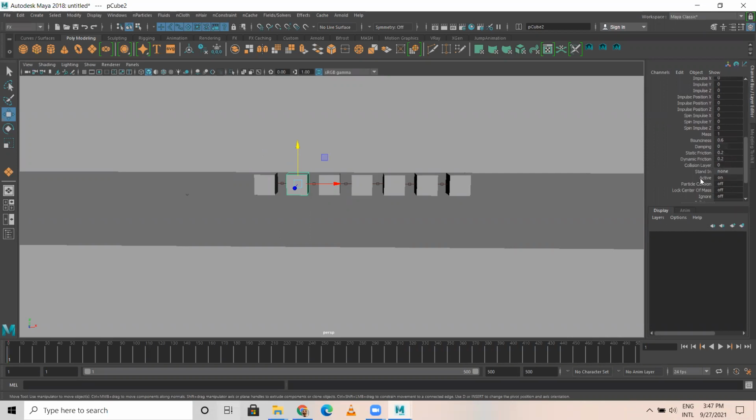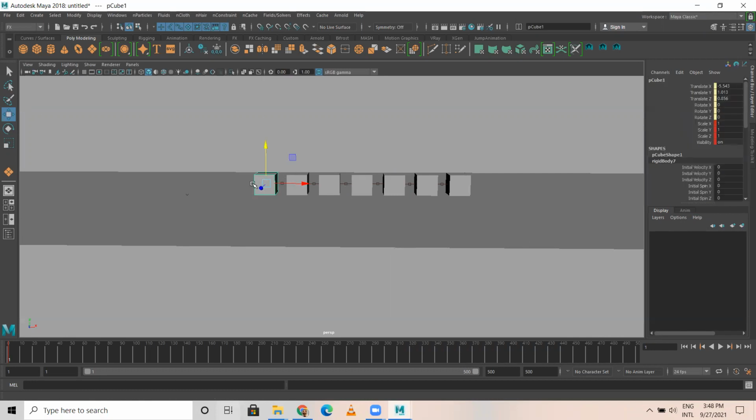You see here, active. See, all these objects are active. You see here active is on. But the same thing you see here, active is off. I can make this as an active as well. So I have to press 1, it becomes active. If you want to make an active body to passive, select this and press 0, it will become passive. Make it 1, it becomes active. Okay, I made this as an active body.